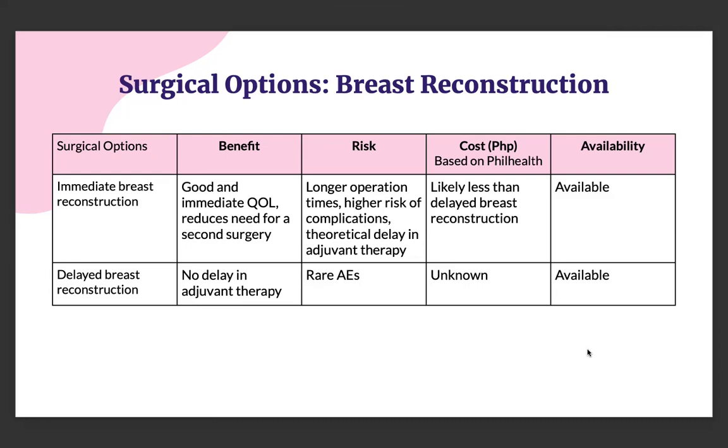Currently, there are two major considerations for breast reconstruction. One is immediate versus delayed, and two, which isn't in the slide, and I don't have a slide for this, but I'll just discuss it, would be free flap, autologous, or implant. What kind of plastic surgery are we going to do? For immediate versus delayed, IBR, or immediate breast reconstruction, generally requires longer hospital hours, longer recovery time, and higher risk